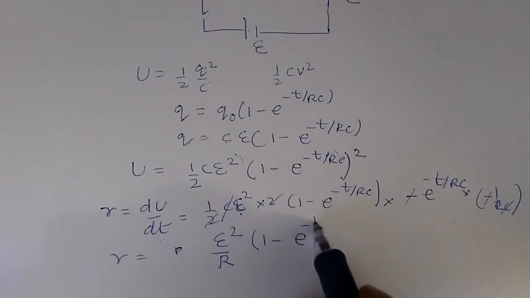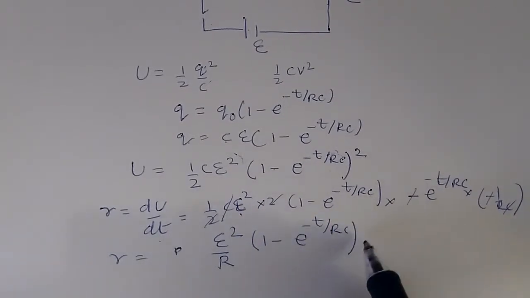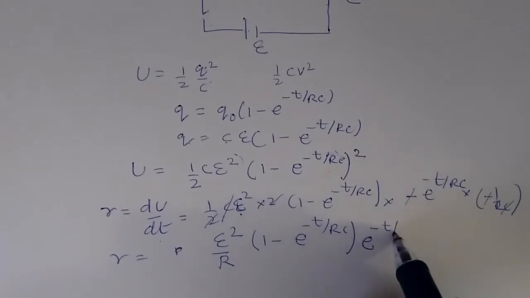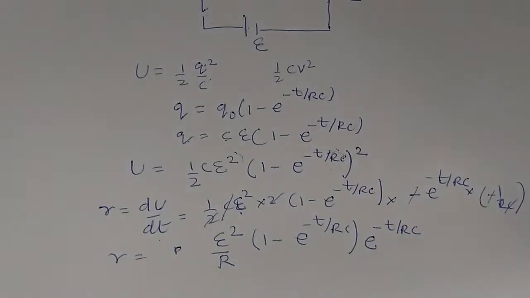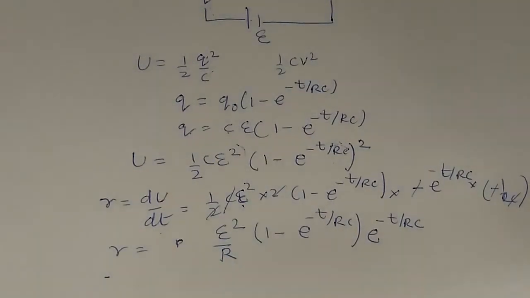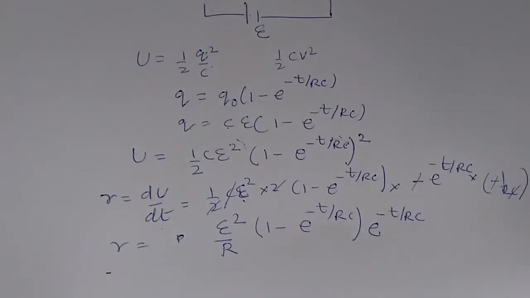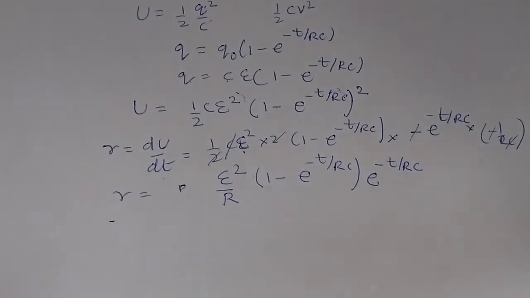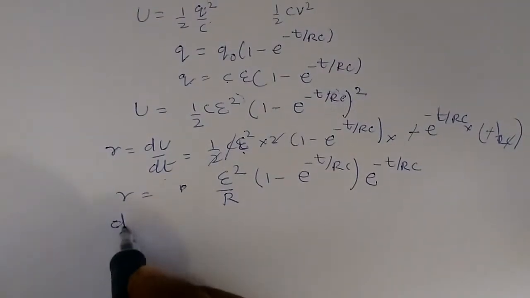1 minus e to the power minus t by RC multiplied by e to the power minus t by RC. So this is the rate of the change of the charge storage on this capacitor. Now we are asked, when does this rate become maximum? So to find this maximum, what we need to do is just differentiate it one more time and equate it